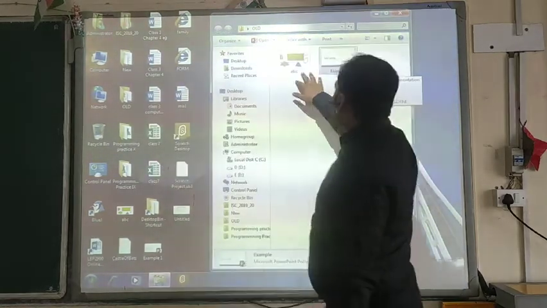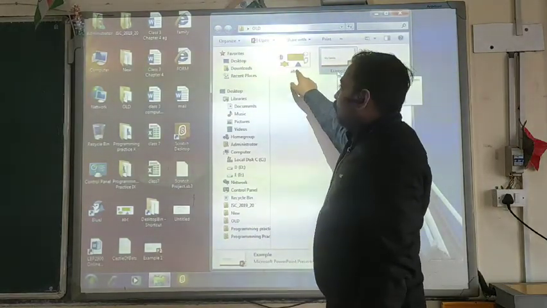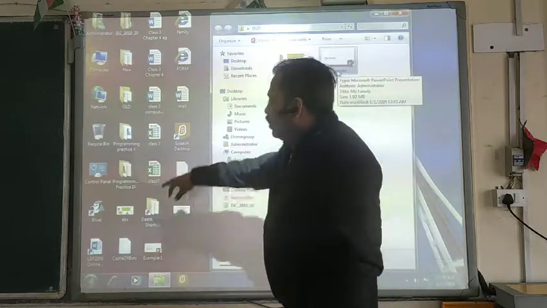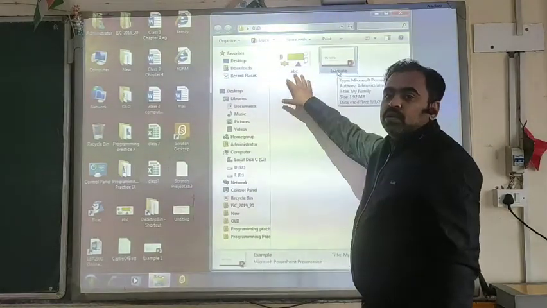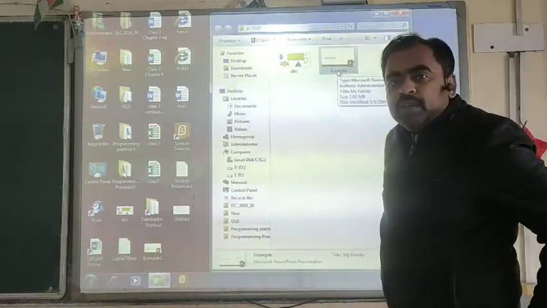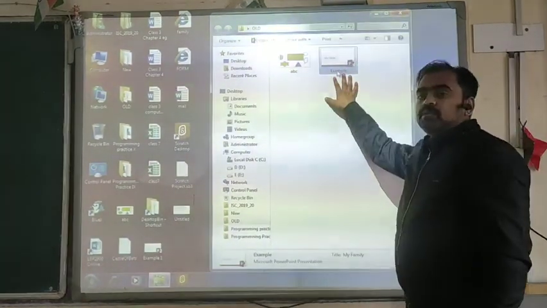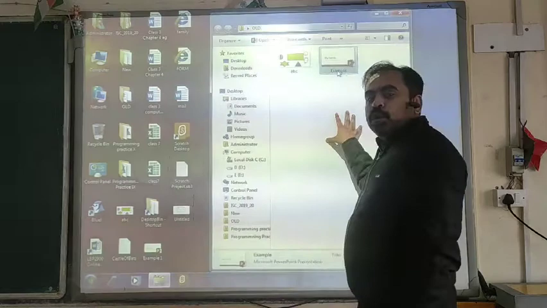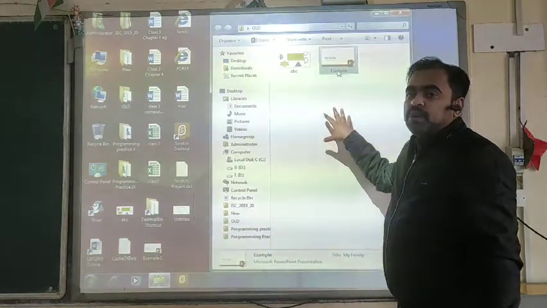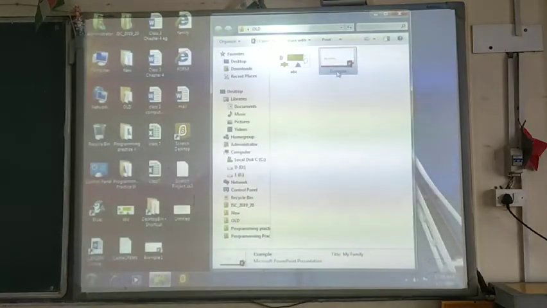So now you can see the difference between copy and paste and moving. The first file, the file ABC, we have copied. That's why it appears on the desktop as well as in the folder itself, because by using the copy command we have created a duplicate copy of this file. Whereas if you choose the move option, we have just moved the file from the desktop to the folder. Okay, that is with the help of the cut and paste option. Clear?